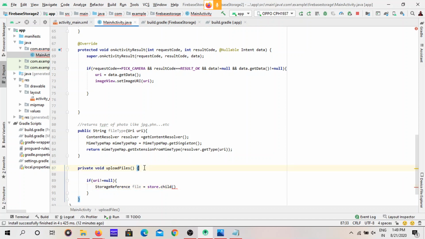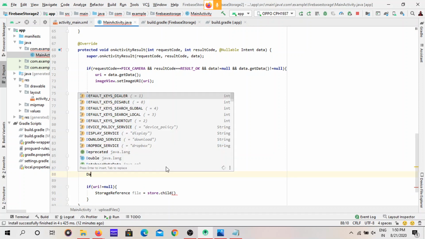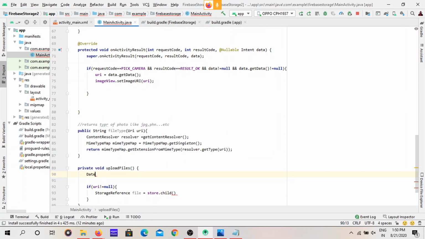To get these unique names, we are going to use the date. We are going to save the images with the name of the date, time and seconds. For every second the file name will change automatically. In Java we have a class called Date: date equal to new Date. It will give the date and time with hours and seconds, so the file name we are storing is unique.